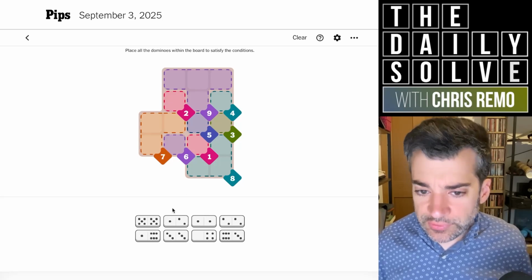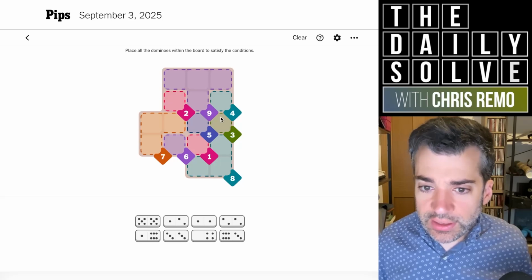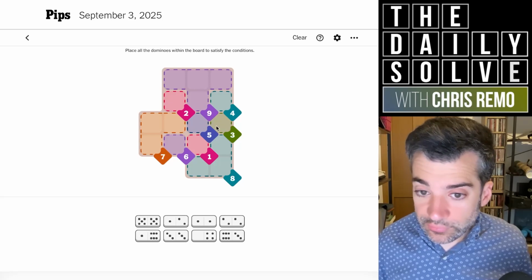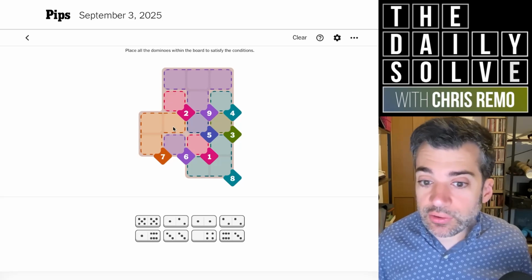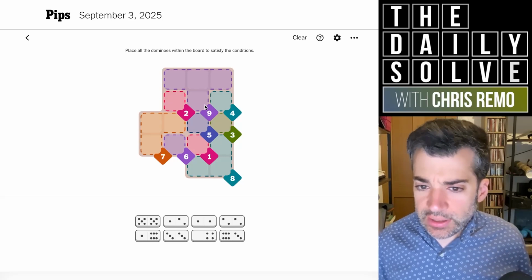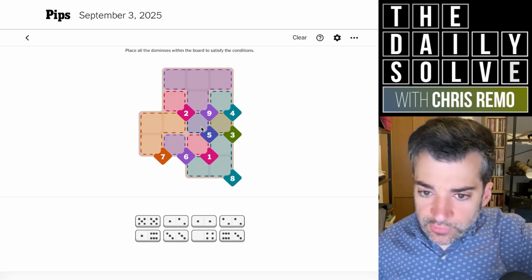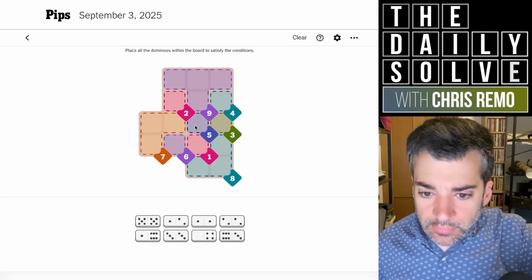Okay, the 5 is interesting because we only have 1 domino consisting of 2 5s. It can't point into the 3, because that would overfill the 3. It can't point down into the 1, because that would overfill the 1. It could point into the 7 if we filled the rest of the 7 with a double 1, and it could point up into the 9, potentially. Okay, so we know it goes in one of those 2 orientations. And then the 6,